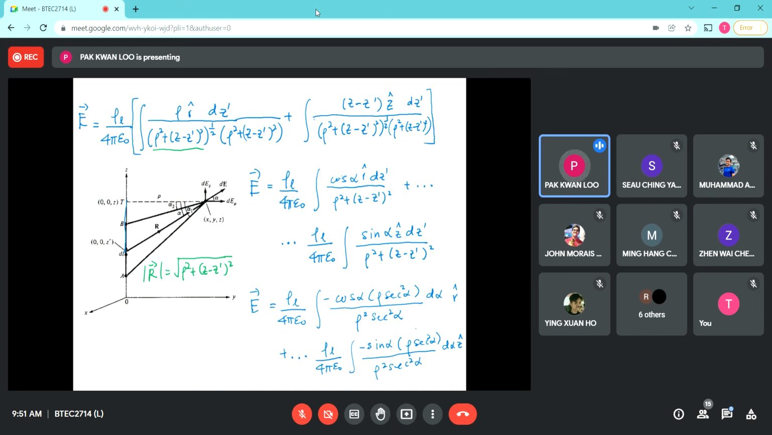All right, now. The numerator and denominator have some common terms, which is secant squared alpha, so we can cancel this off. Rho and rho divided by rho squared, we can also simplify this into rho. So we can rewrite this now as